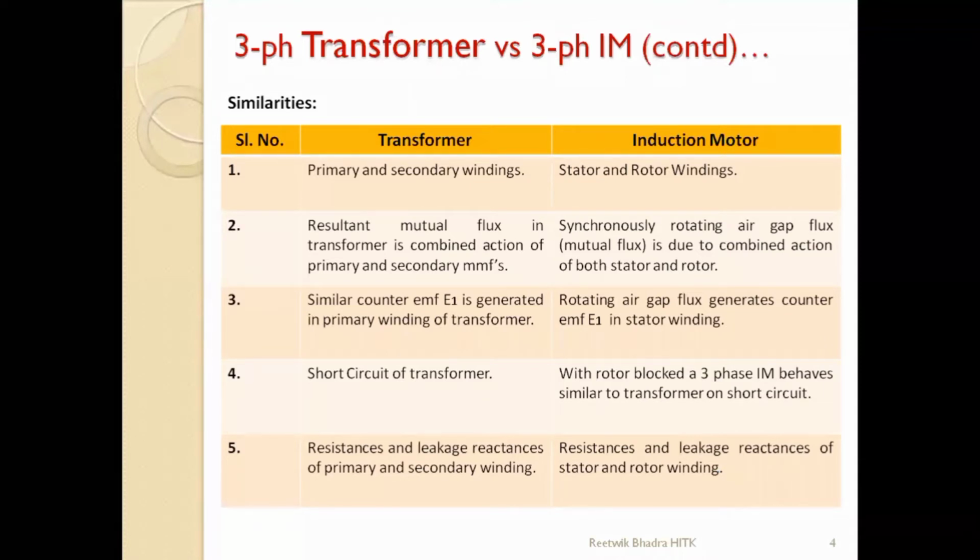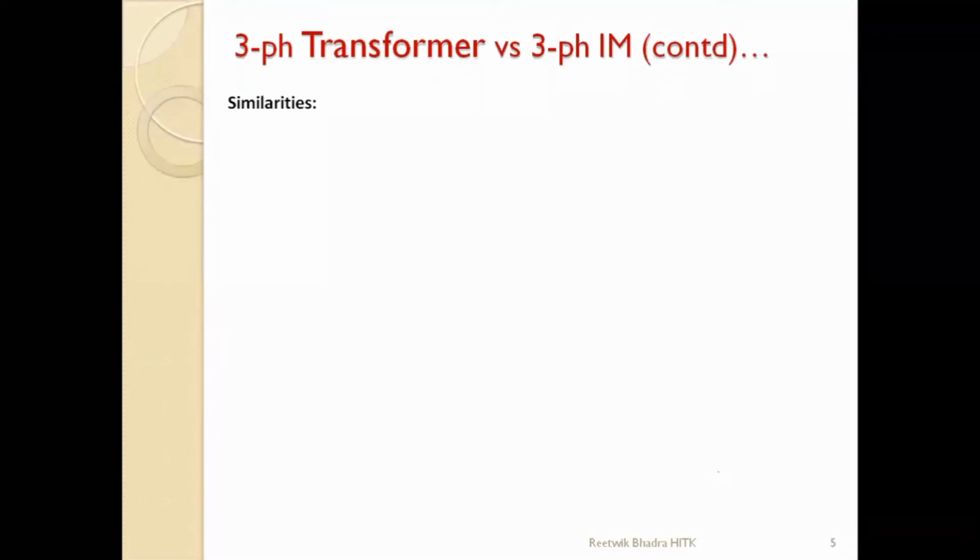So when we are finding the efficiency, we need to find out the copper loss and the iron loss. So we go for either the short circuit test or the open circuit test. I've written only the short circuit test, but on a transformer you can perform the open circuit test and short circuit test. In the induction motor also, we can perform the same. We can block the rotor or short circuit the rotor to perform a short circuit test, or we can open circuit the rotor and connect an ammeter and perform the open circuit test to calculate all its equivalent parameters as well as its losses. Okay, these are all the similarities.